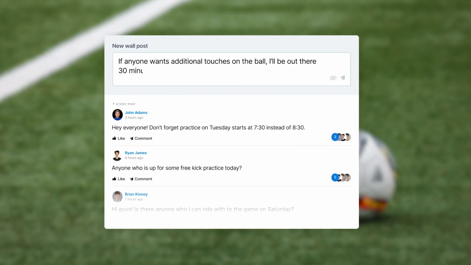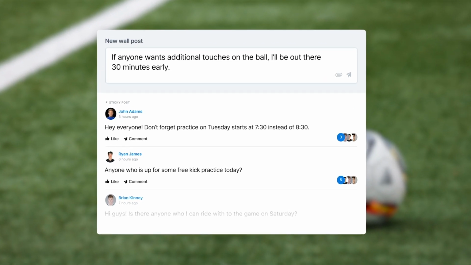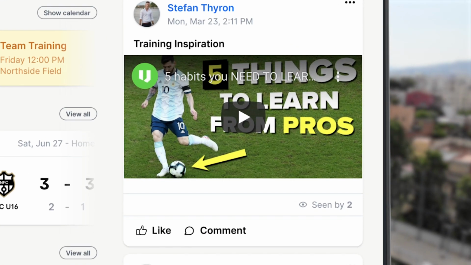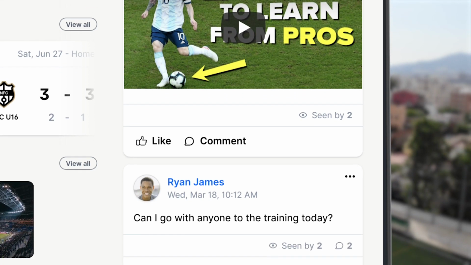And basically every group inside of 360Player has their own group wall where all members of that group can quickly exchange information, just like you would see on a Facebook wall, where it's very interactive. If there's a practice time change or a game change with a venue or something, it's easy to just post something on the team wall, and everybody, players, parents, everybody will get a notification right away so that everybody can